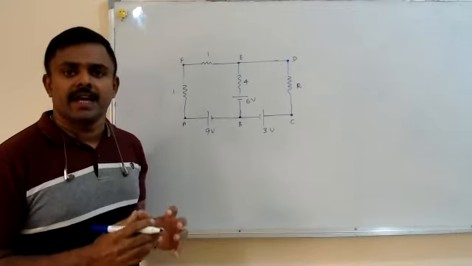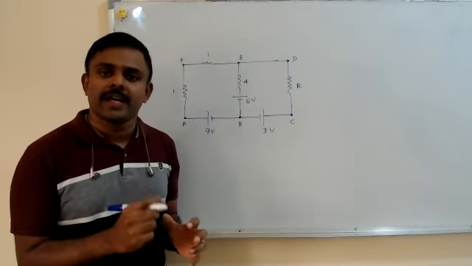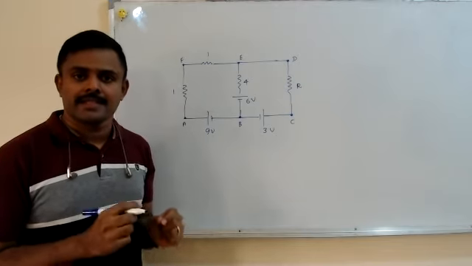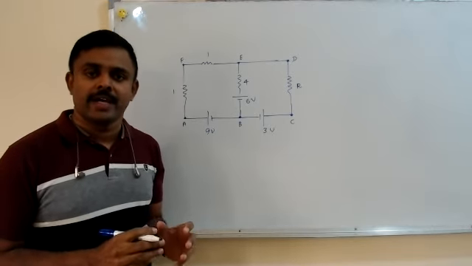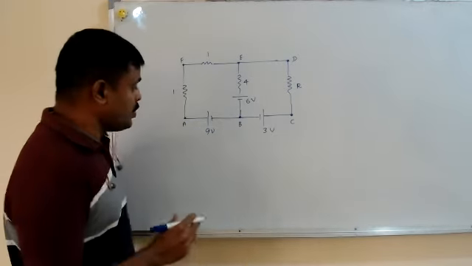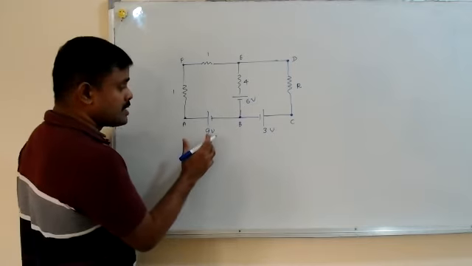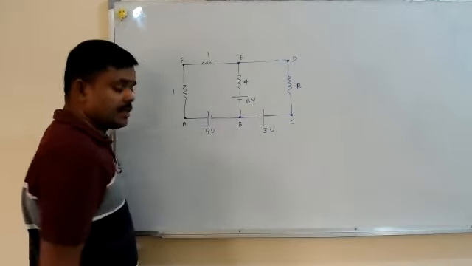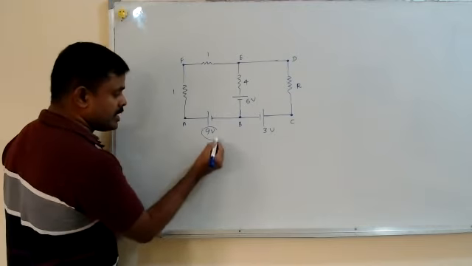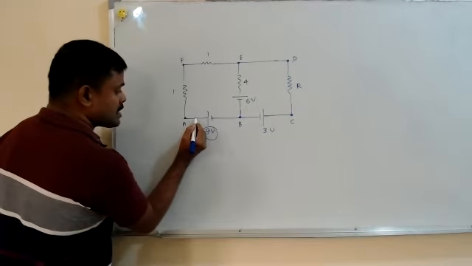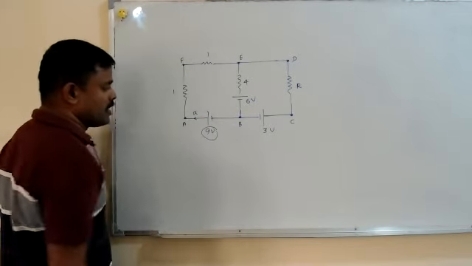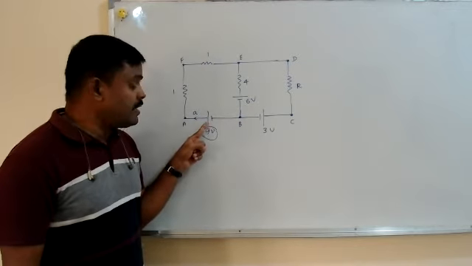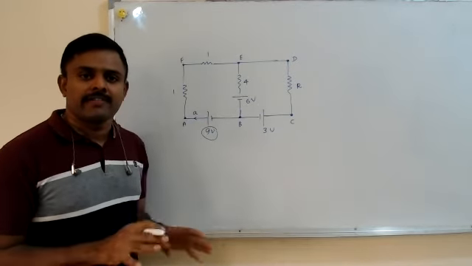To identify the largest cell and draw a current as going out of its positive. Tell me, who is the largest cell? Look at this. This is 9 volt. This is 3 volt. This is 6 volts, right? So 9 volts is obviously the largest cell. From the largest cell's positive, a current A is going here. A current A is leaving the largest cell's positive. I'm done with the first step.